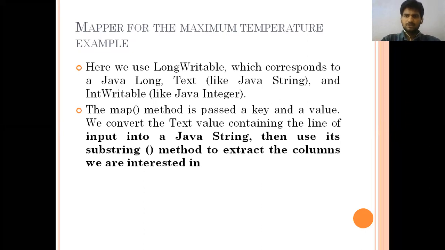For example, in row 17 we have the details of year, and in row 19 we have the details of temperature. Only those two columns of data are needed when we perform the function here. The function is to find the maximum temperature in a particular year. In that year we may have different temperatures. If it is present only one time, we can directly conclude that it is the maximum temperature in that year. But we have the sensors.